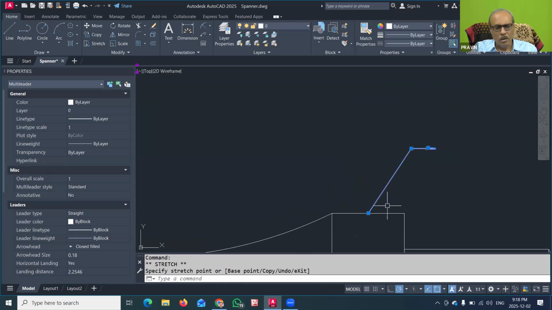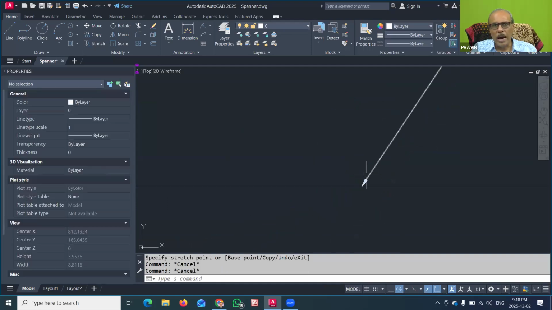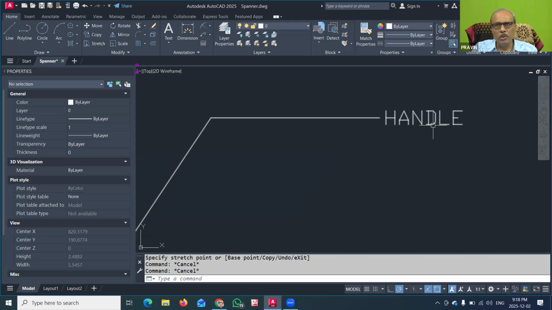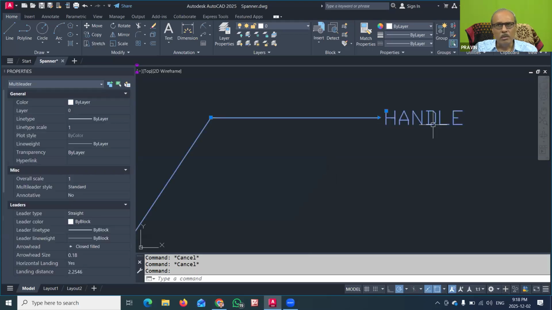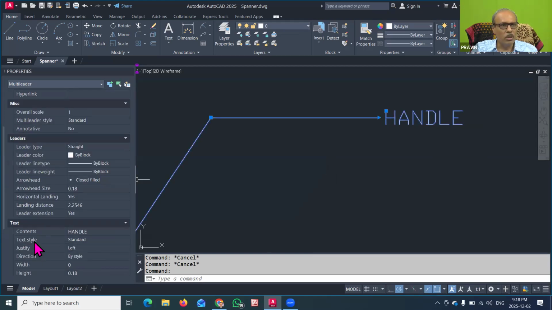Accordingly, here you can see that on a leader, the arrow is automatically added at this end where it is touching the object. And this is a horizontal line, so automatically this leader line was shown, and you can write down the text to give the nomenclature. But here the font is not proper, so you can always check this font from this option. You can go to the text style and change the text style also. If I go here and use the style 1 Arial, you can see that the name was automatically changed.